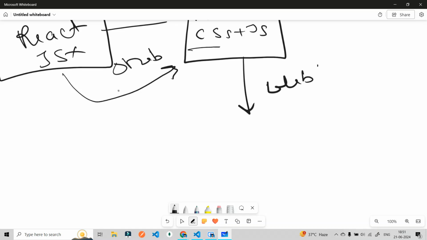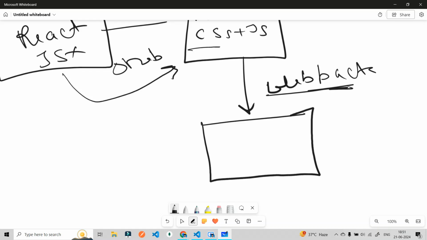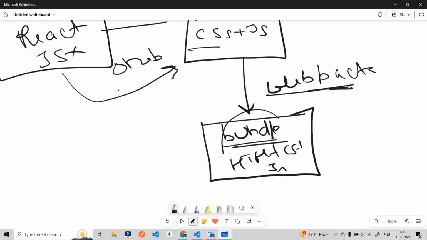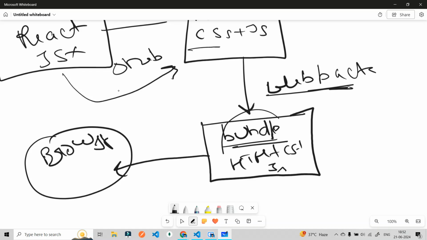Webpack is one such thing. As you can see, it is like a tool that will bundle them all together in a folder known as the bundle. The folder name is bundle only. This will bundle all those three things and all the other assets, like your images, in one bundle: HTML, CSS, JavaScript, all those things. This particular bundle will be given to the browsers, and then the browser will run that bundle and show you the particular website that you are building